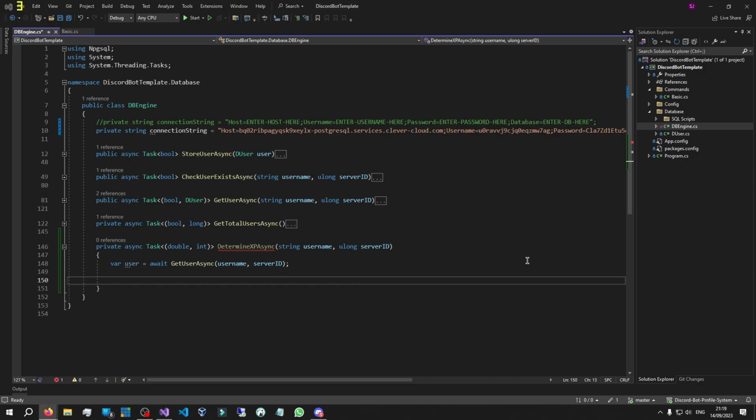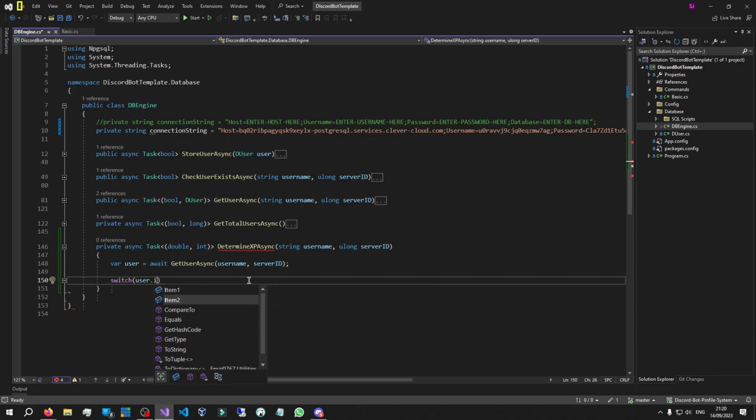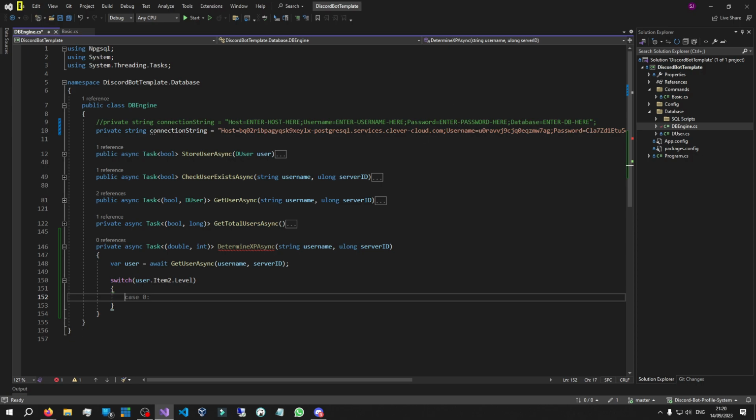Cool. So now what we're going to do is take a look at this user's level. Based on that level, we're going to set the XP increment amount and then the new XP limit. So let's say switch, and then let's switch the user's level. So let's say user item 2, because that's the D user, and then let's say the level. So based on what their level is, we're going to set those values. So let's do our first case, and this should give you a very good idea of what I mean. So let's say case, and we'll just say int level,